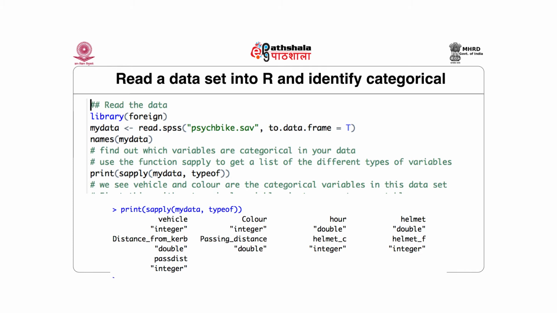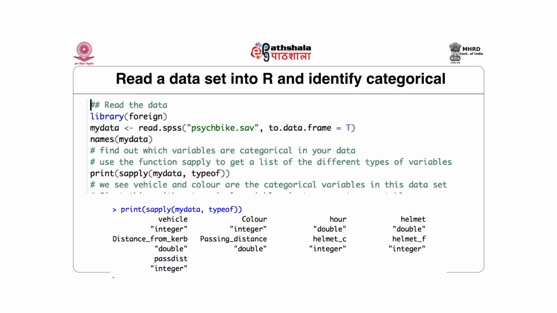You pass those two things together to sApply, and sApply is going to return, element for element of that particular list, the result of the function that you want to apply. So here the function is typeof, and the list is myData, because myData is a data frame, but a data frame is essentially a list, nothing else. And then I apply the function typeof to each element of myData by using sApply,